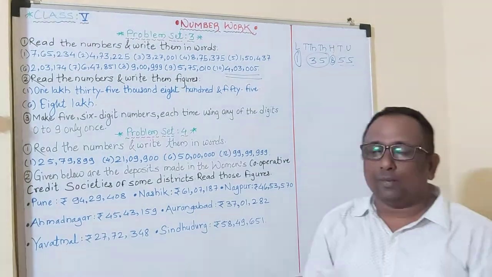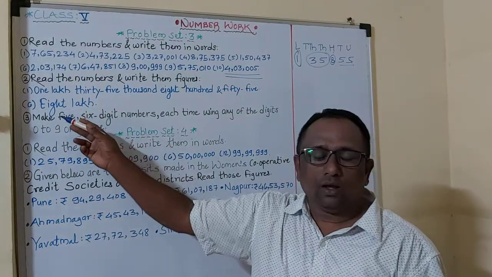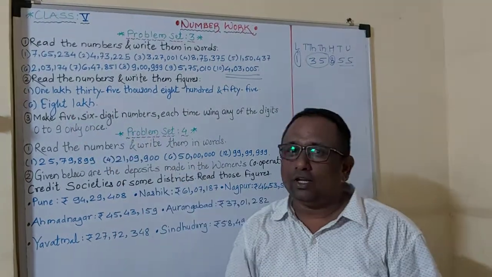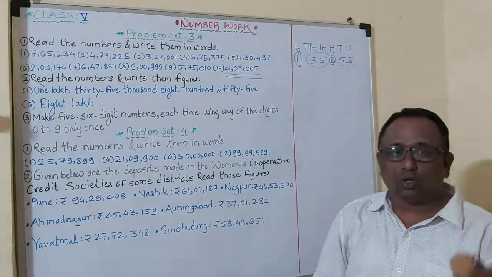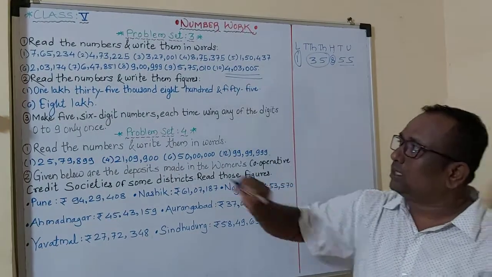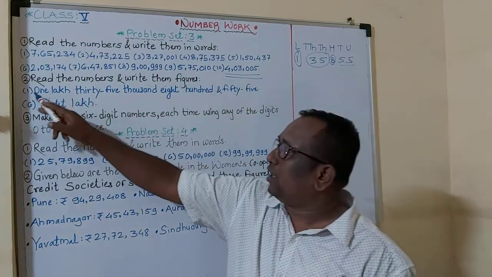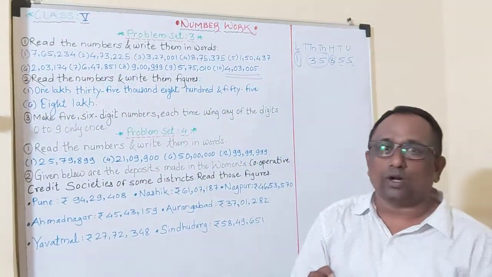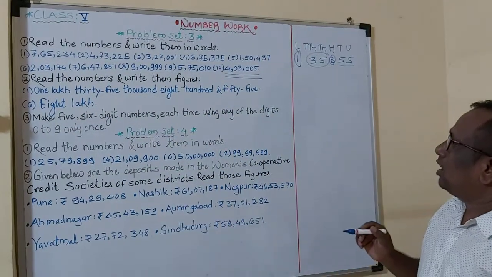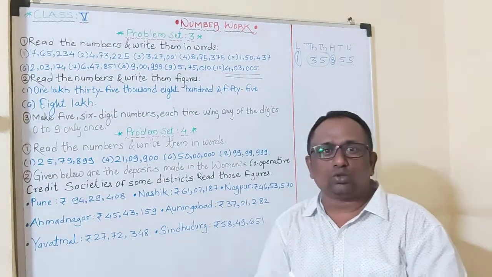This is simple. Next one, the 6th example. The remaining examples you have to solve for homework. Remaining means all examples: in the first question 1 to 10, and in the second also 1 to 6. All you have to write for homework. Okay, just now one instruction I have to give you, students.